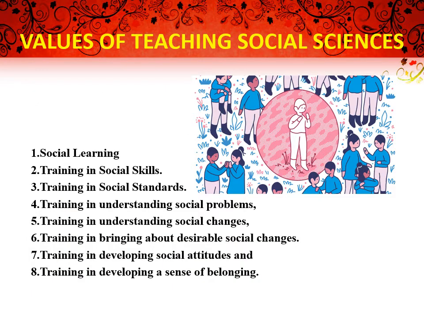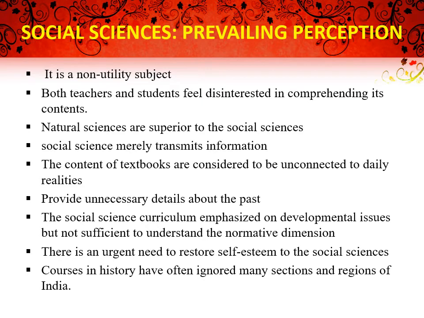Friends, the teaching of social science in school education is attached with a large number of values, and this includes social learning, training in social skills, training in social standards, training in understanding social problems, training in understanding social changes, training in bringing about desirable social changes, training in developing social attitudes, as well as training in developing a sense of belonging. Although social sciences has been introduced as a subject in school education all over the world,